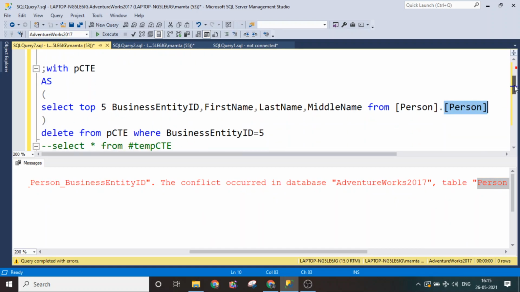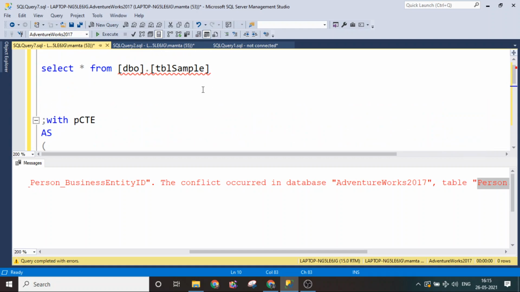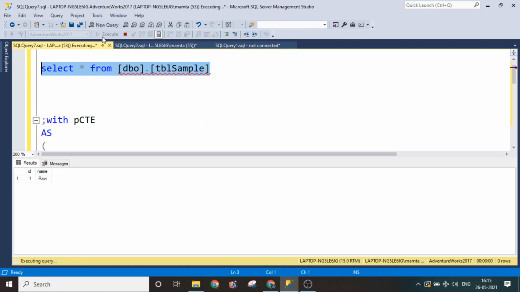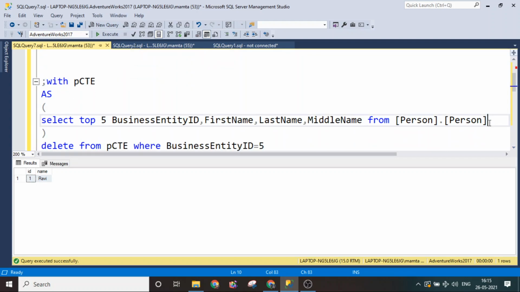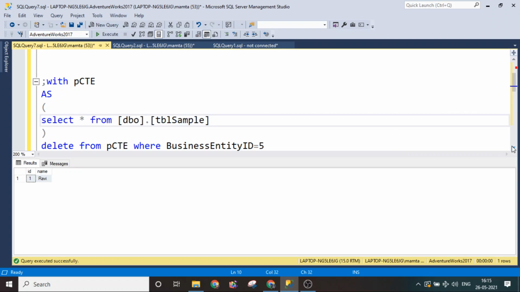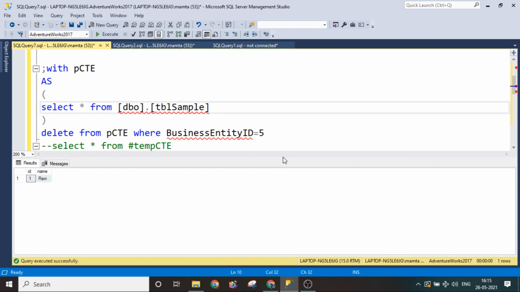So instead, I have one table here, table sample, which I created, and it has only one record. I'll use this record to demonstrate how to delete a record with the help of CTE, because it's not a good habit to delete all the constraints just to showcase one scenario.